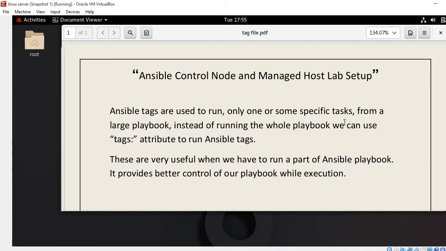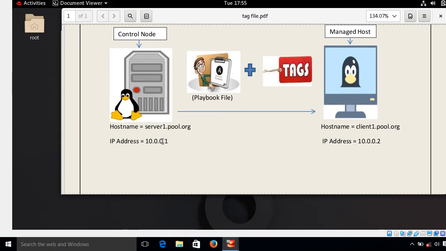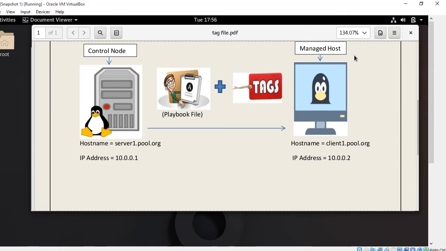Okay, so here I have two virtual machines. I'll show you, this is my lab setup. The first machine is acting as a control node. This is the control node with the hostname server1.pool.org, having the IP address 10.0.0.1 and running Linux OS RHEL 8.0. And my second virtual machine is acting as a managed host.